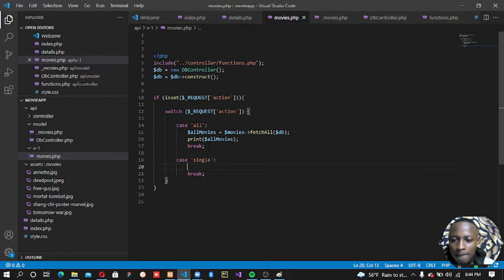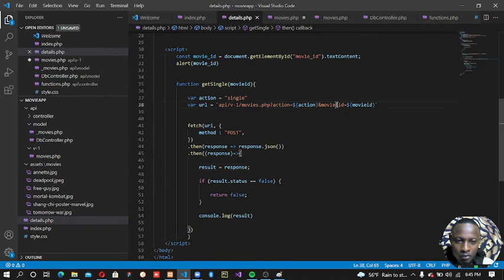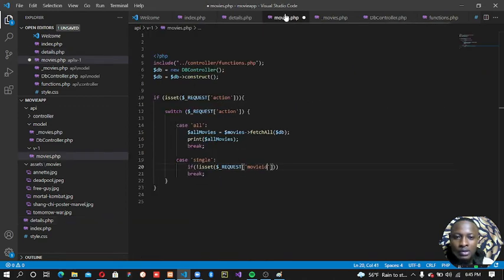So what will actually happen here is that I want to first get the ID. So I'm gonna say if not isset request movie ID. I think we use movie then ID. Oh, movie underscore ID. So if this is not set,